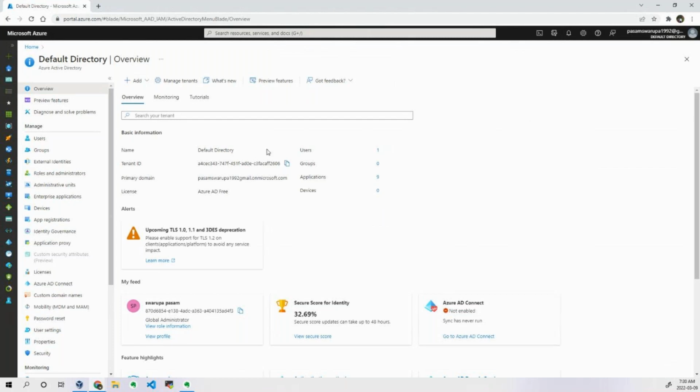Okay, I want to keep the users' authentication mechanism and all the features under one particular tenant. Tenant in the sense, one organization. So let's say there is a client called X. That X client's related information I want to keep in one tenant, or you can call it an organization as well. And I have another client, and I'm using the same portal. I don't want to create another portal. For those two clients I'm using a single portal, portal.azure.com. But those two companies are segregated from each other. How? With the help of a tenant, or you can call it an organization.